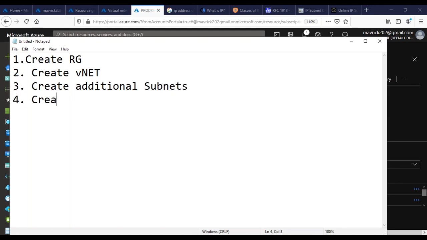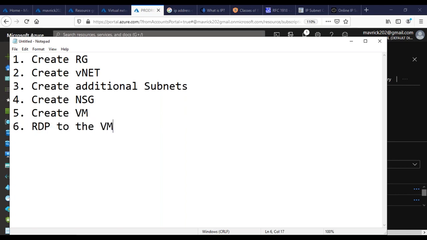Fourth, along with the subnets, you really don't need the NSG right now, so create an NSG, a network security group. It's like a firewall, guys. We're going to discuss that. Fifth, create a VM. Sixth is access the VM or RDP to the VM. These are the 6 steps we need to do. And the 6th step has nothing to do with the portal, by the way. The first 5 steps you need to do from the portal.